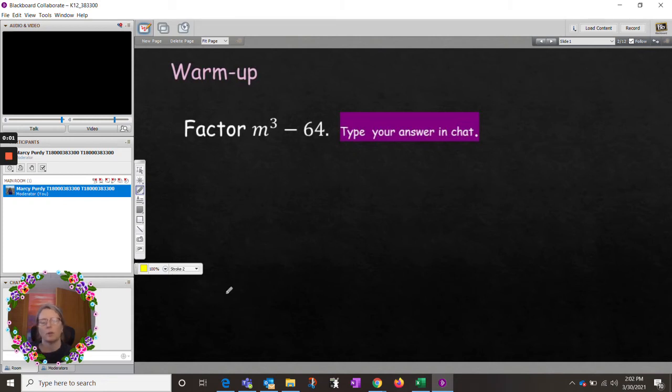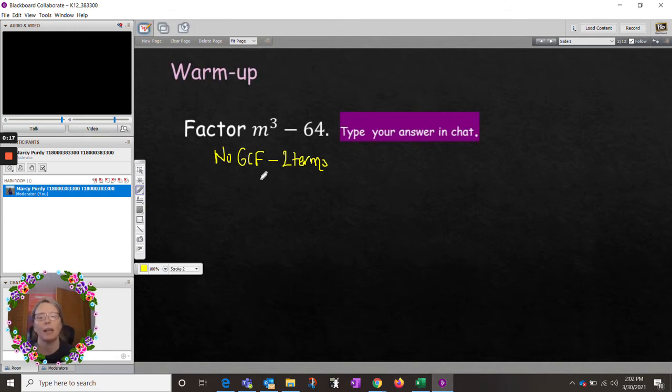All right, guys, so for this question, it says factor m cubed minus 64. So what we're going to do is see if we have a GCF, and there's no GCF. It is two terms. So we check to see, is it a difference of squares or a sum or difference